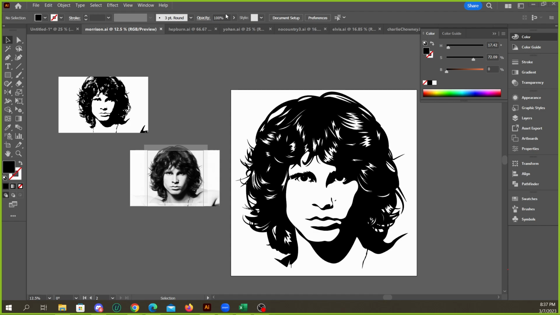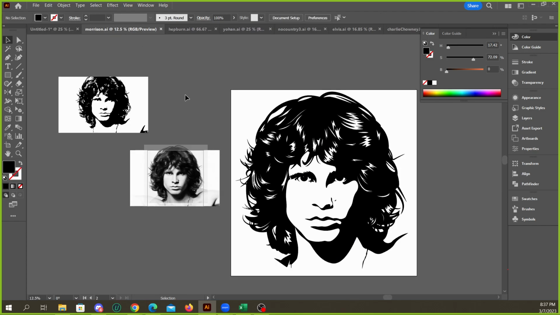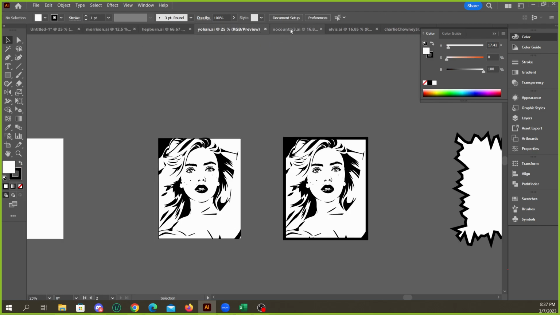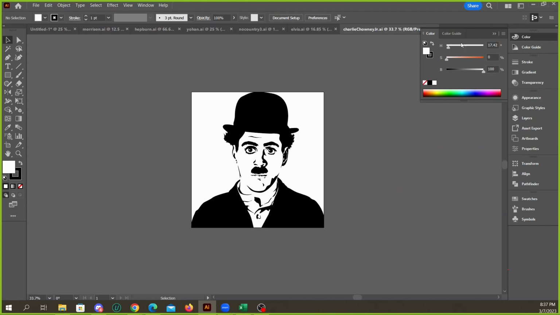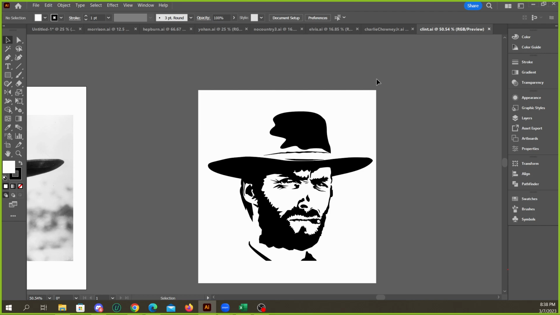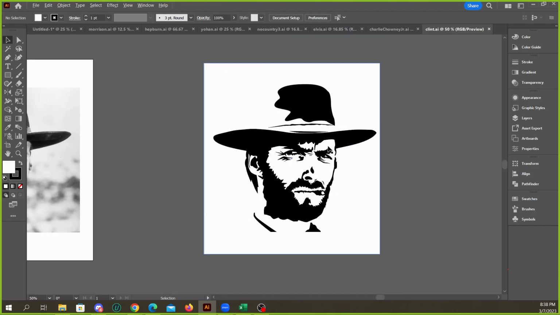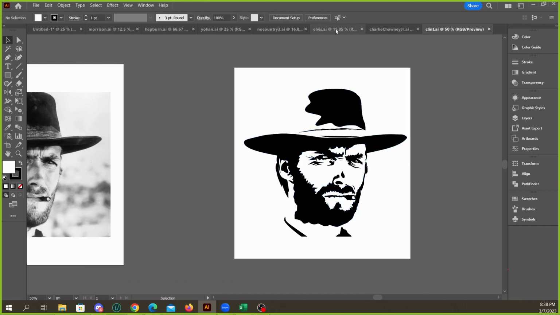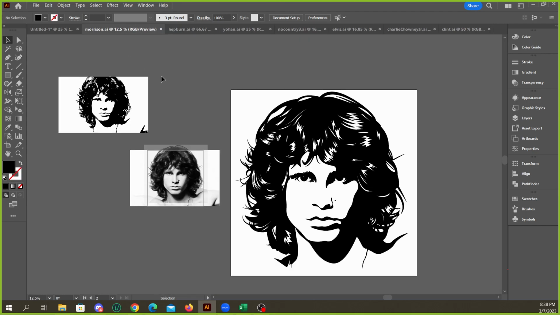Like I said, I kind of want to do an animal because I already did a bunch of celebrities. I think this is my first one and still my favorite, the Clint Eastwood one. But the process for this,